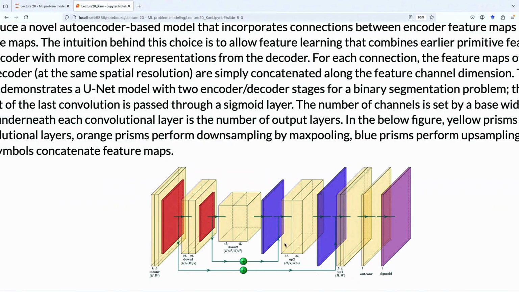So just for the sake of programming simplicity, that's why you get this sort of nested U shape. But there is also an important conceptual idea here, which is simply that the closer we are to outputting the final segmented image, the more we need the original image, right?